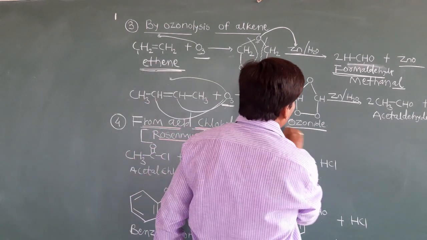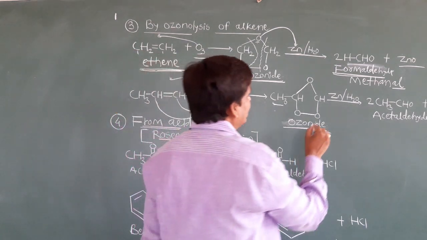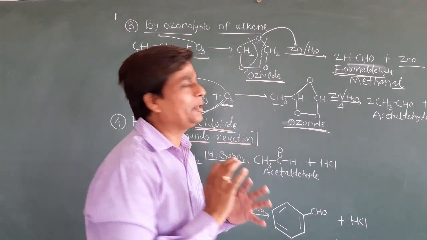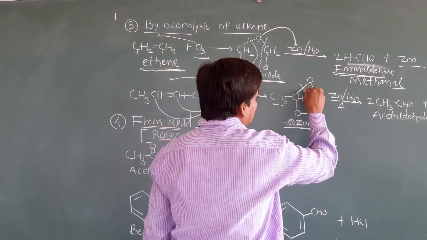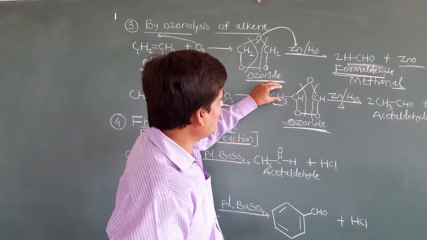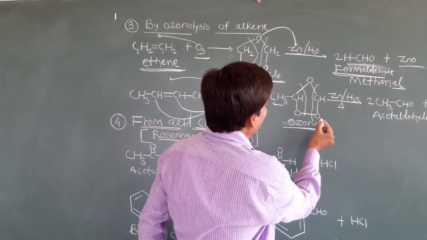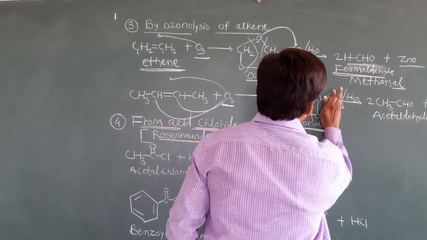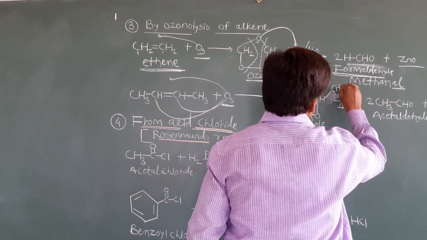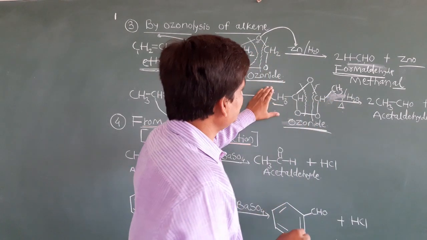Here also we will get an ozonide, which on hydrolysis in presence of zinc. We have to add the zinc and we have to heat. After heating, what happens, students? The bond is breaking like this. After heating, the bond is breaking from this side as well as this side. Means, on this side, what is the structure? CH3CHO, and this side also. So here a CH3 group is there. Okay, CH3. So CH3CHO. Now clear?